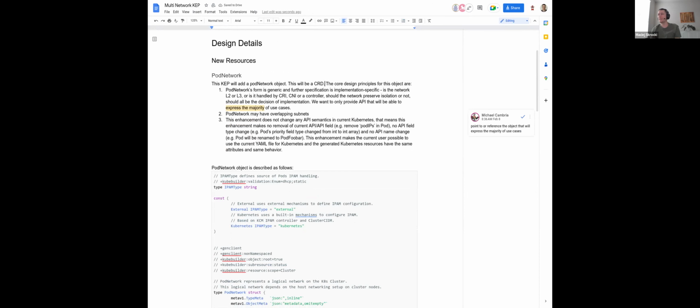Any objection to this? Will it be a CRD really? If you're in Kubernetes, you're not a customer. No, this is what we are saying. I don't think that's the only way you can have a separate repository around this pod network object. You can have it as a CRD. We can maybe merge it later on to core. That's what Shane was saying as well, right? Because that's the consequence. It gives more flexibility, that's for sure.